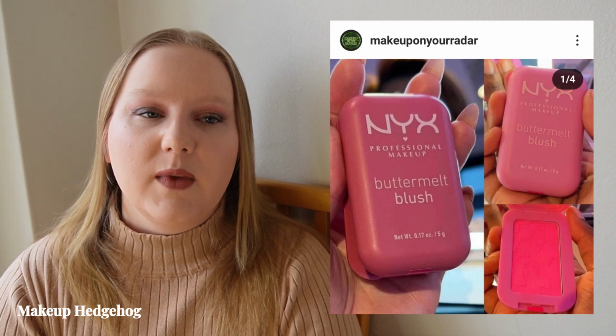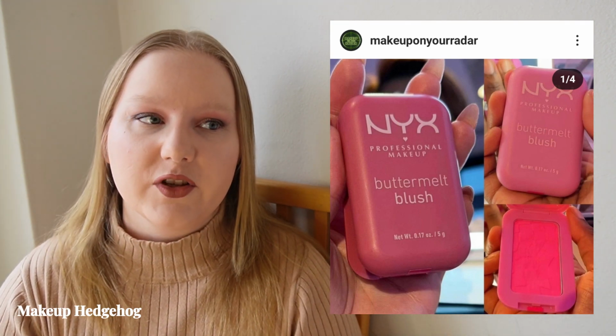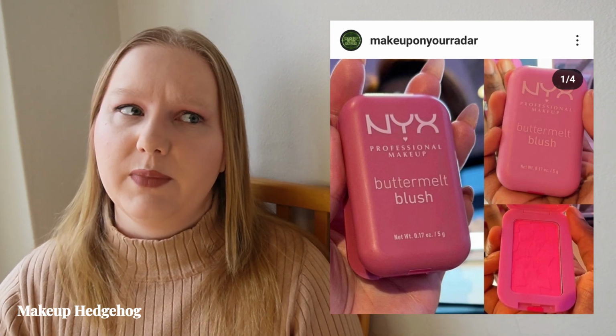But with NYX and Maybelline, those are brands that usually just launch things first in the US, and then some of it might come here at some point, and we still haven't gotten the Buttermelt bronzer, and I would really like to get to try those. And now they're apparently coming out with blushes. Unfortunately, there's only one shade that you will be seeing in the image. I think there might be,